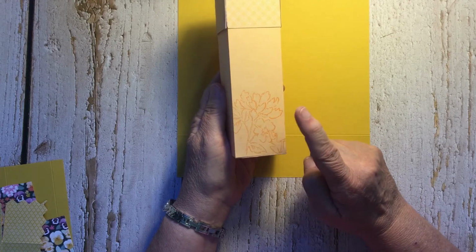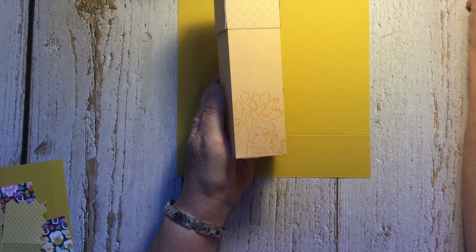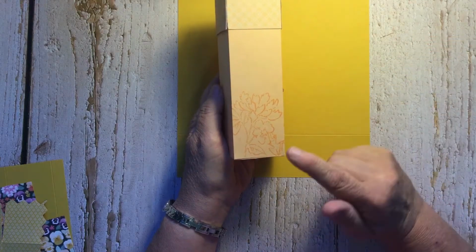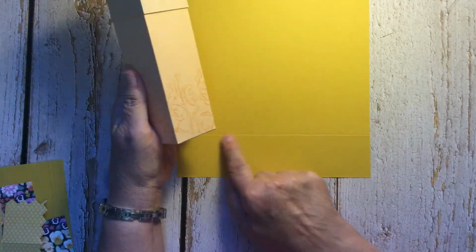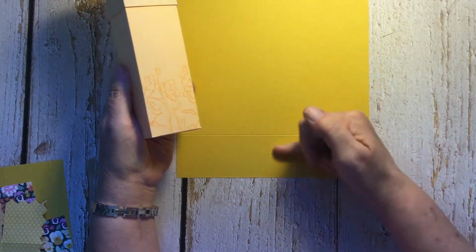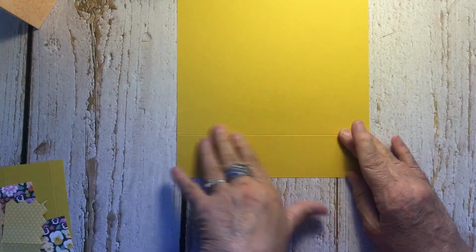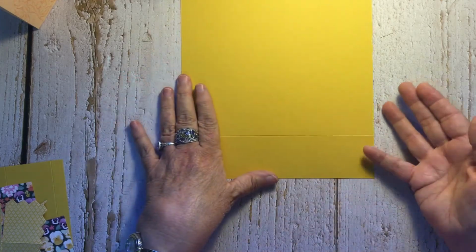So for this particular box, this was Pale Papaya, and I stamped with Pale Papaya ink, and I used some stamps from the Color and Contour and Hand Pinned Petals design stamps, and just put a tone on tone design around, and I used this line as the guide for where the bottom of that design would be, and I stamped it on there. So that gives you that, and you want to do that now before you move on to the rest of the scoring. Once you have your design stamped, colored, ready to go, then you're going to go back to your